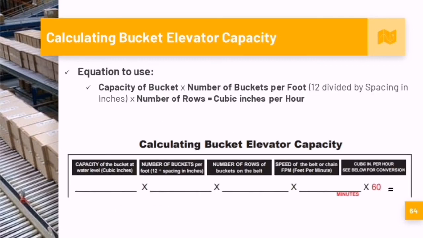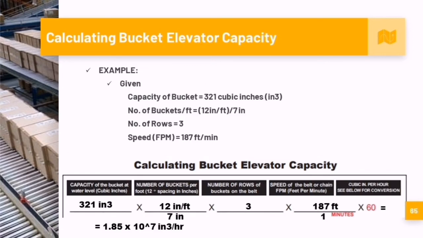Next is how to calculate bucket elevator capacity. The equation to use is the capacity of the bucket times the number of buckets per foot, which is 12 divided by the spacing in inches, times the number of rows, and the answer would be in cubic inches per hour. So there's a table. And then for the example,